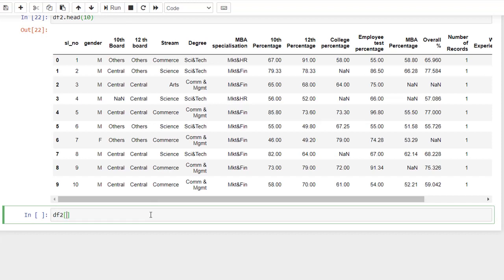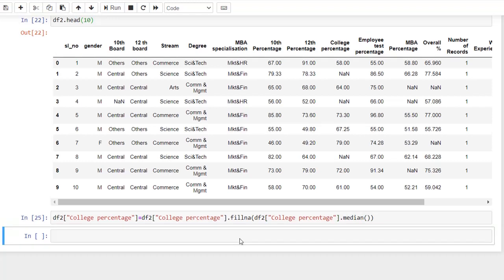So df2['college percentage'] equal to df2['college percentage'].fillna(), again making use of the fillna() function, with df2['college percentage'].median().